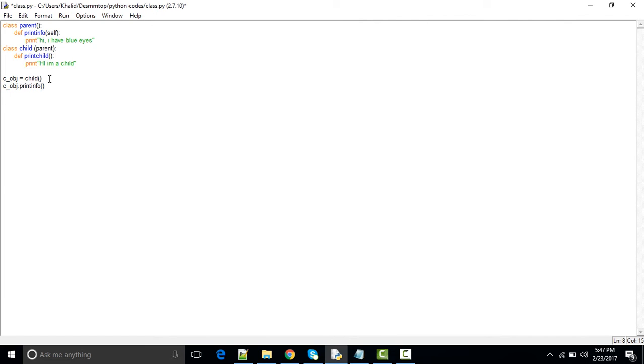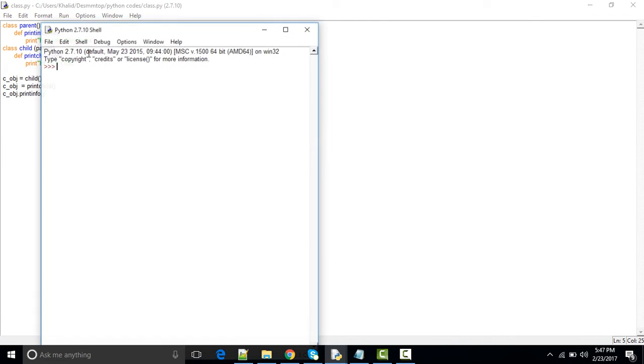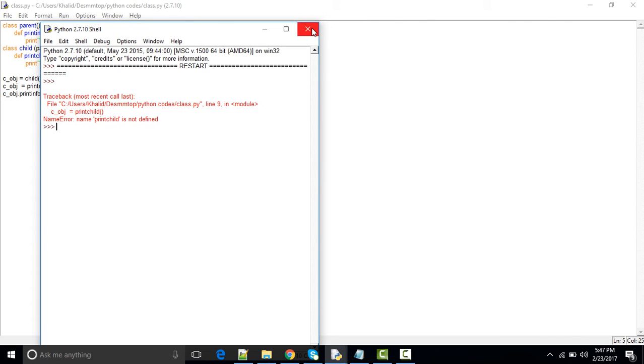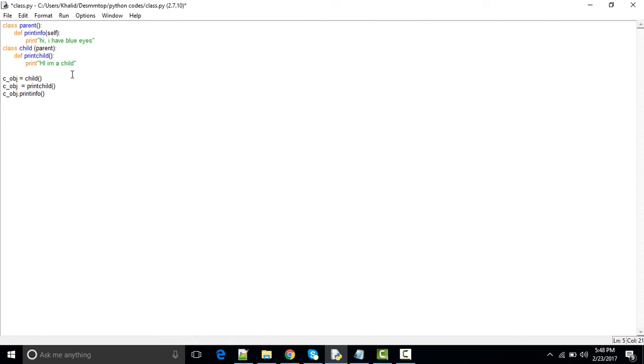So we will also access this object using this child object C here, and we will access this print child function. Okay, and we are going to write a self in this function as well. We are not passing any parameters, still we need to write a self in it. So I got an error. What is the error? Print child. Okay, this is a child object, but it's saying